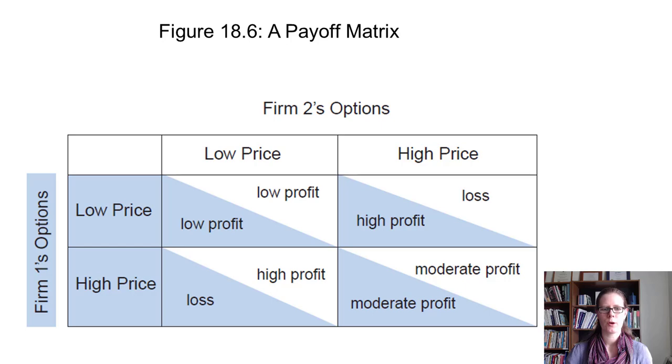So if you were Firm 2, what would you decide to do? Suppose you believe that Firm 2 will charge a low price. Then you're better off also charging a low price so that you don't lose customers. But if you believe that Firm 2 will charge a high price, you're still better off charging a low price so that you can steal their customers away. So either way, you're going to charge a low price. And the same analysis holds true for Firm 2. So the most likely outcome is for both firms to charge a low price, even though they're worse off than if both charged a high price.